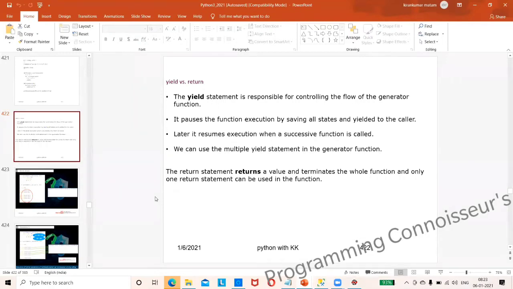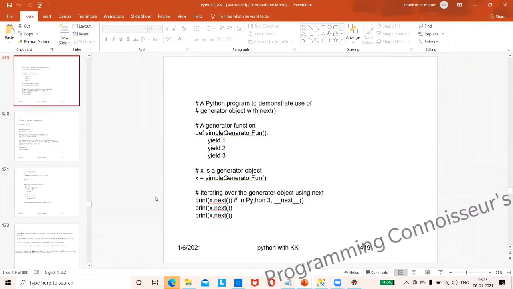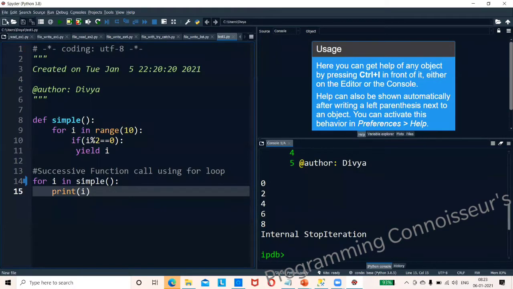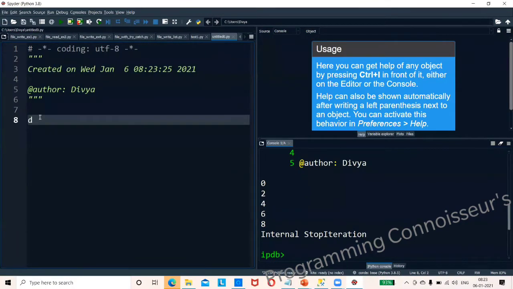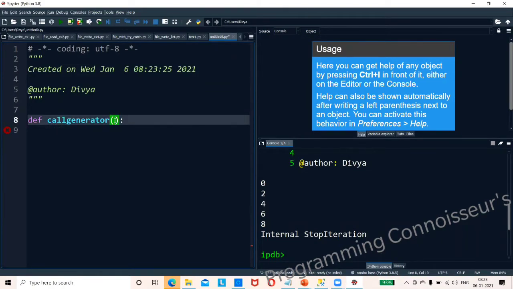So now let us consider I have done some function. What is that function? We'll write one simple function. Call it generator, it's our own function. What I will say: call generator of n.